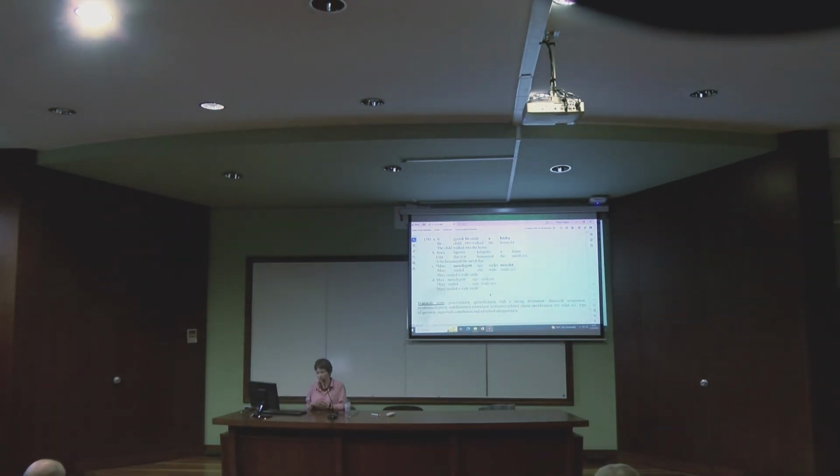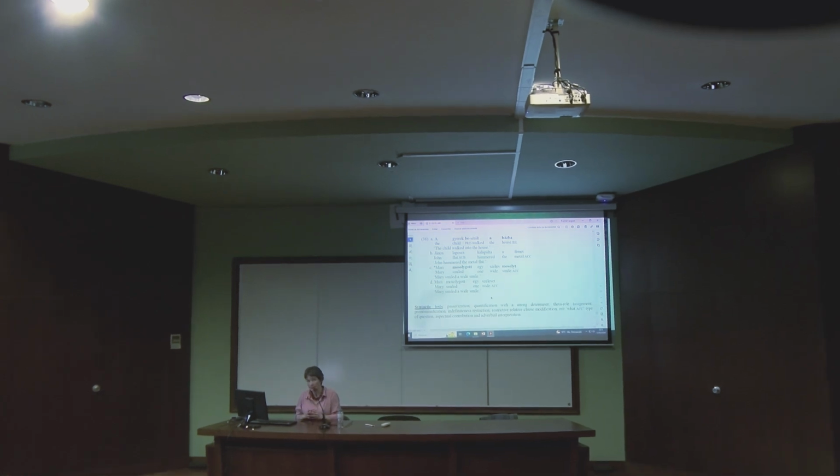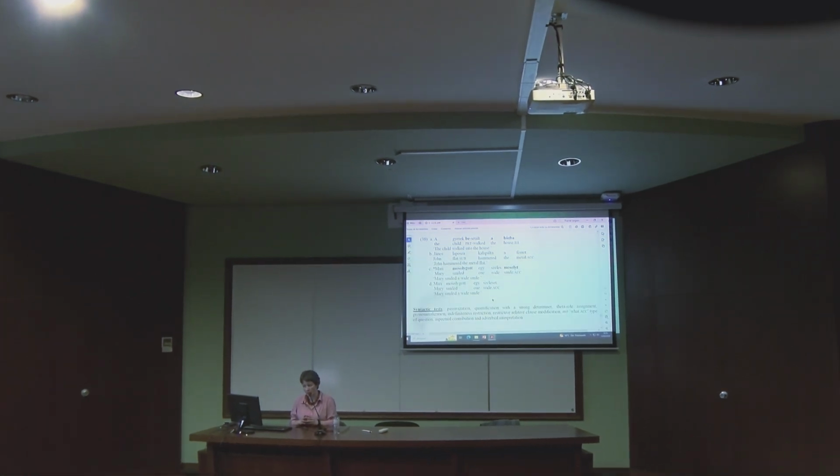Hungarian at first sight does not seem to fit into the picture provided by the literature, but again, once we take a closer look at the data, we'll see that we do have this language as a strong satellite-framed language, which again has all these three types of telicity-marking constructions.